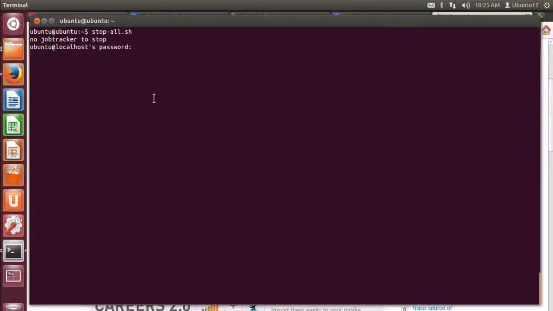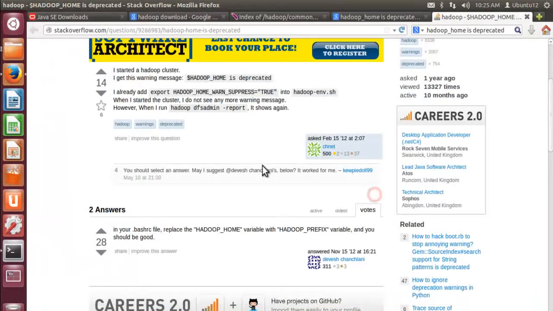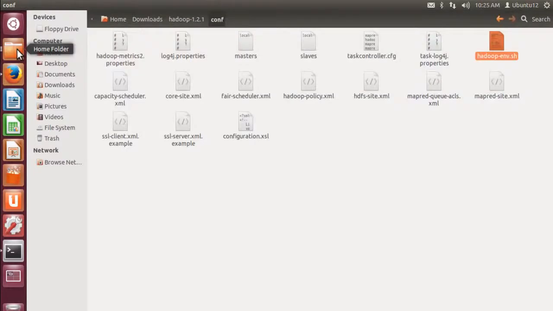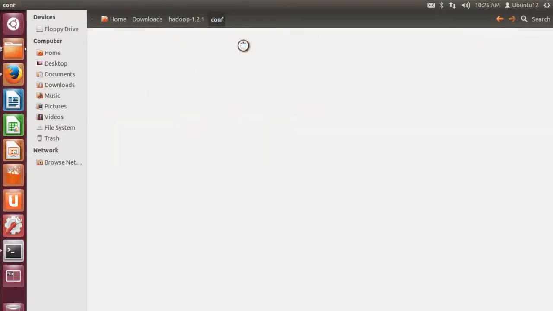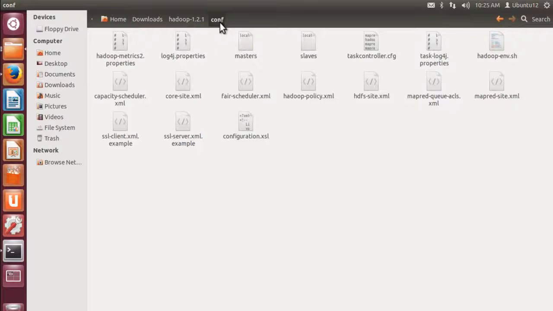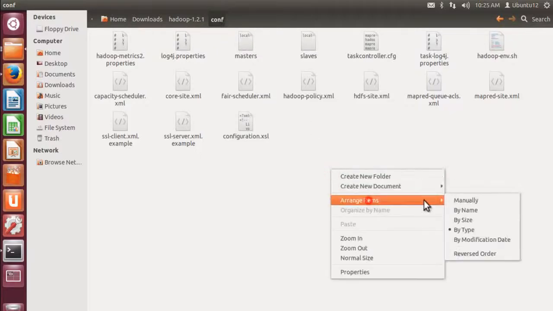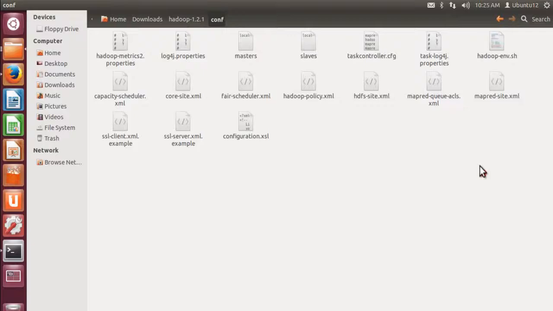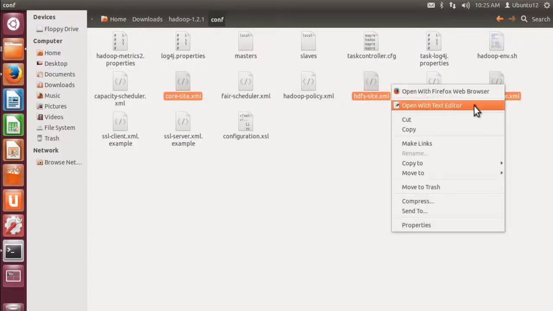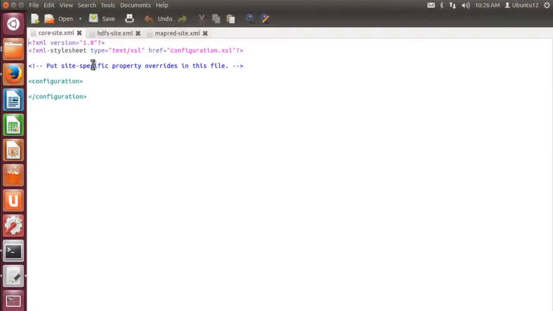The thing is, we have just started the daemons, but we haven't done any configuration in our Hadoop configuration files. You can find all these configuration files in your Hadoop home followed by the conf directory. Here, if you observe the configuration files, that is core-site.xml, hdfs-site.xml and